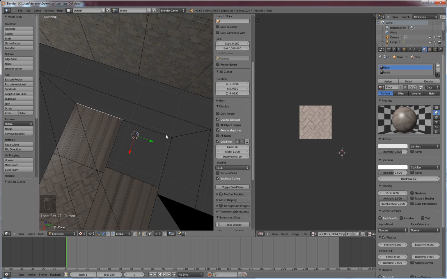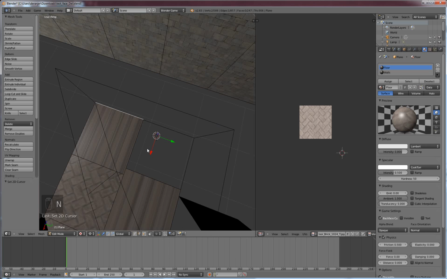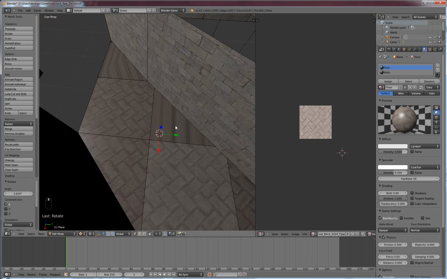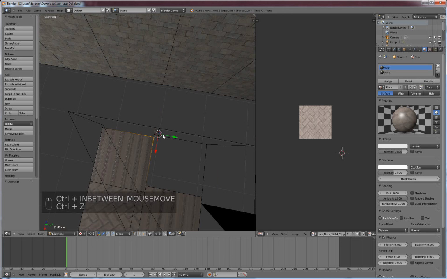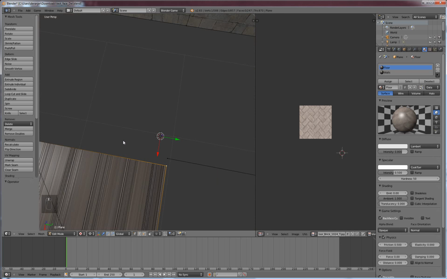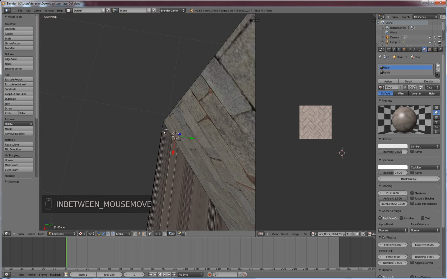Alright. And let's do this along the X again. Move it back down just a little bit. Then I wanted to go to vertice mode. Hit R to rotate this along the X. Is that what I'm looking for? You know what? Screw it, because it's going to stretch the texture again, and you know how much I hate stretching textures. Let's go back to this, and I think what we can do is